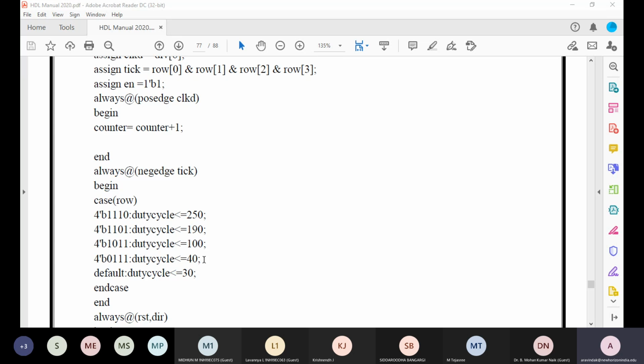So this 40 corresponds to the lowest speed, that is row of 0. You can see the 0111. Next medium speed, then high speed. The 250 value corresponds to the highest speed. Now this value of 30 till 250 itself is indicating the pulse width modulation there. Actually, I have told you already about duty cycle, T on by T on plus T off. That is what corresponds to these values which we have given.